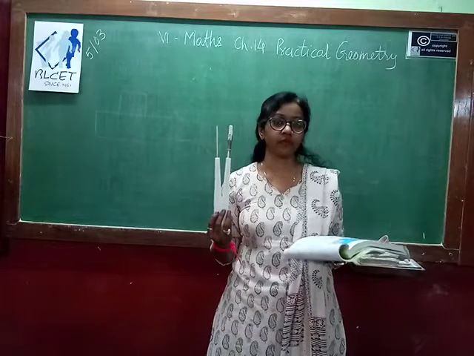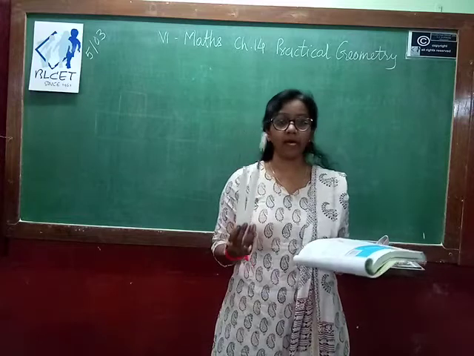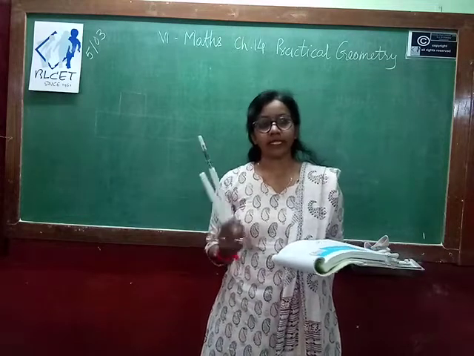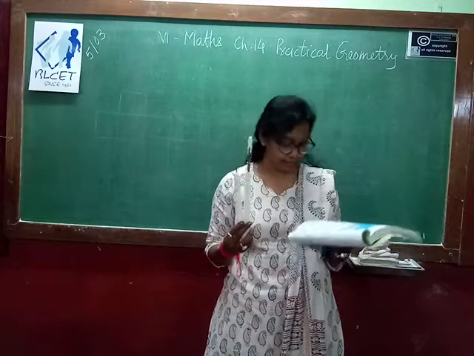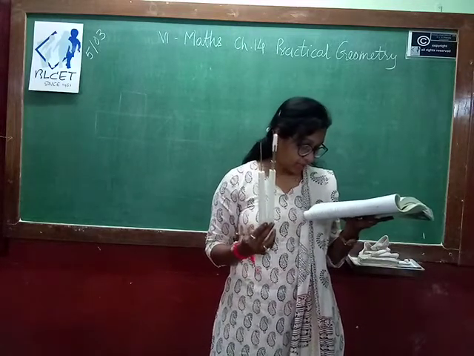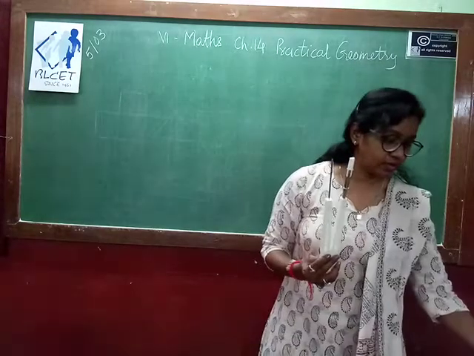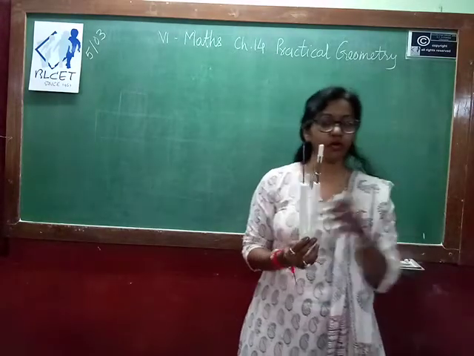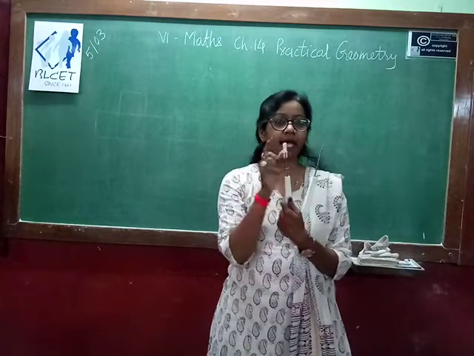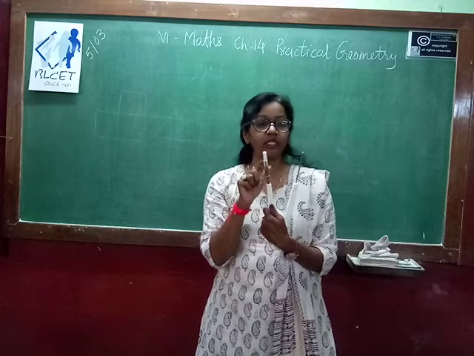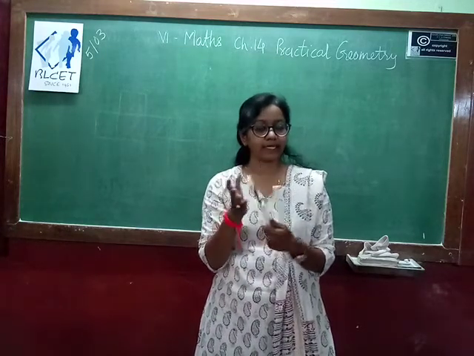Now what is the use of this instrument and what is the description? This is known as the compasses. In general we say this is a rounder through which we can draw a circle. Let's see. A pointer on one end and a pencil on the other. So I am using chalk, so I have this pointer and here I have fit the chalk. In place of this you are using a pencil, that is the difference.